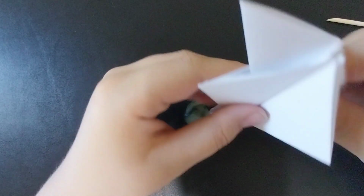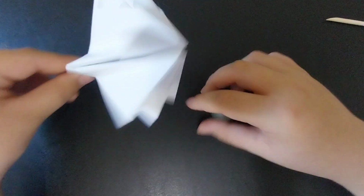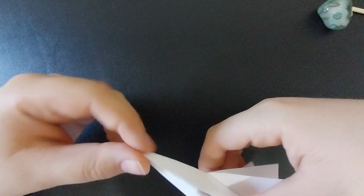So yeah, the HD went from being my worst flying planes to one of my best flying planes. So yeah, just shape the wings so they look like that in the back. And yeah, there it is. The HD85507B